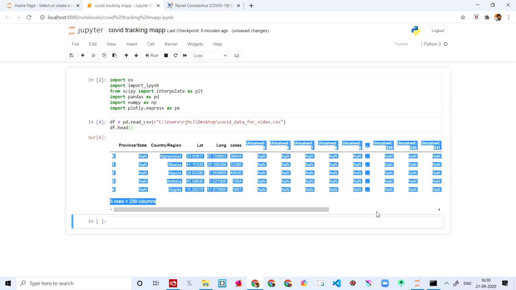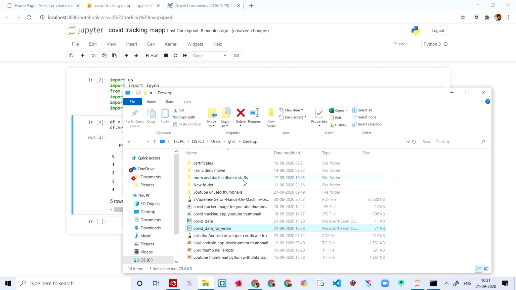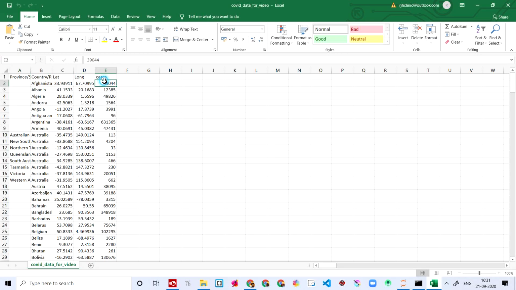So these unnamed stuffs, what you're gonna do for these, you can just leave them like that. They're not gonna print out or anything like that. You can just leave them, or you can delete them too. So let's come here. I don't know why exactly it's showing like this. df is equal to pd.read. Okay, let's just go to Excel and open the file that we have saved, and let's see if there is anything.